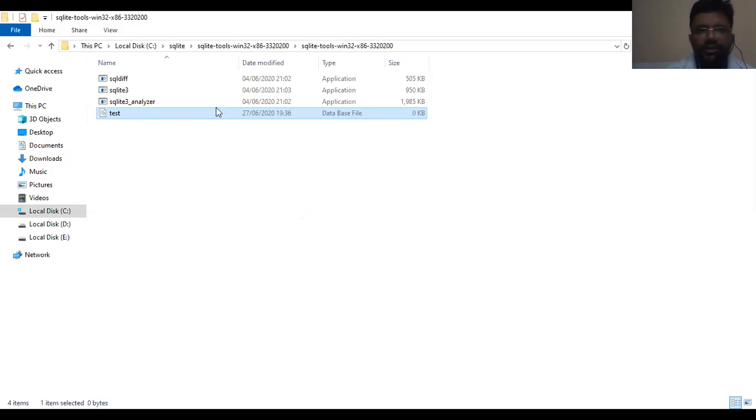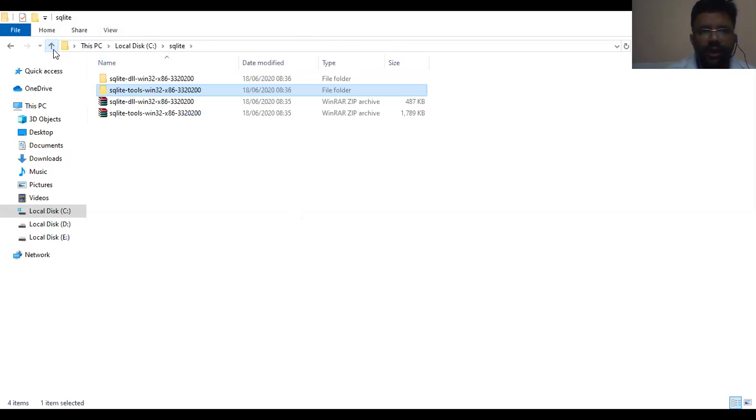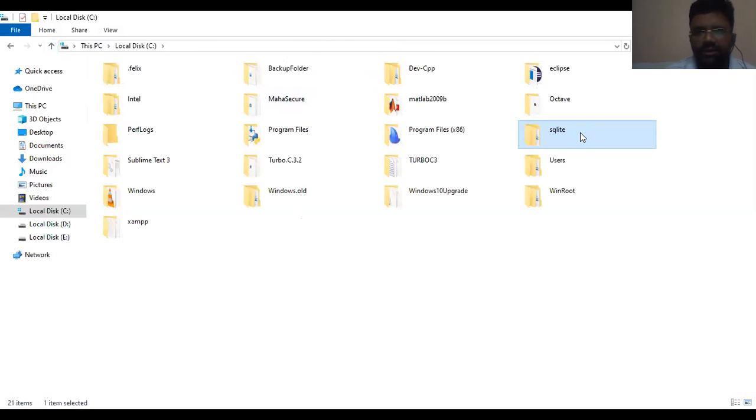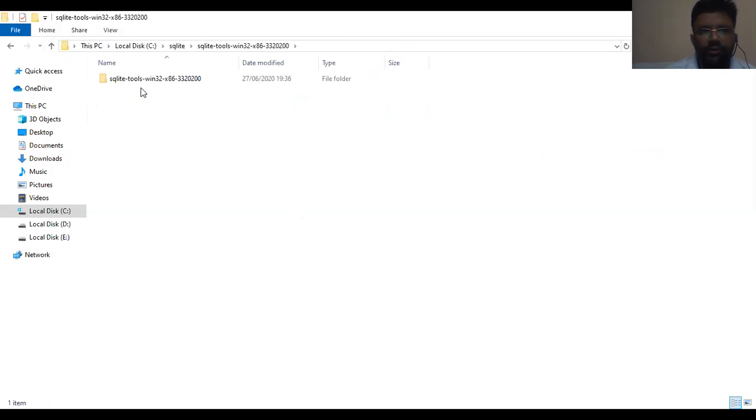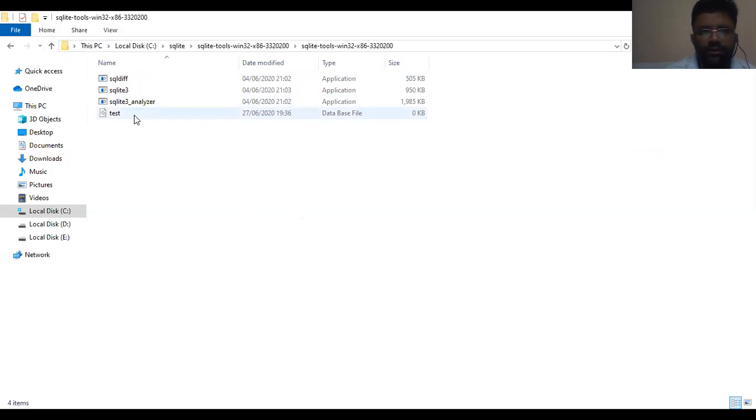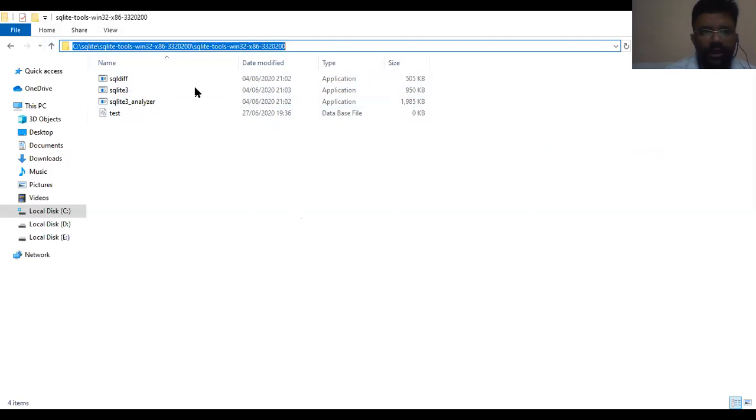Here we have this path. We have the C drive and the SQLite folder, then the sqlite-tools bin 32 folder. Up to this, we have to set the whole path once we open the command prompt, and then we run the command sqlite3 database_name.db. Here our database name is test.